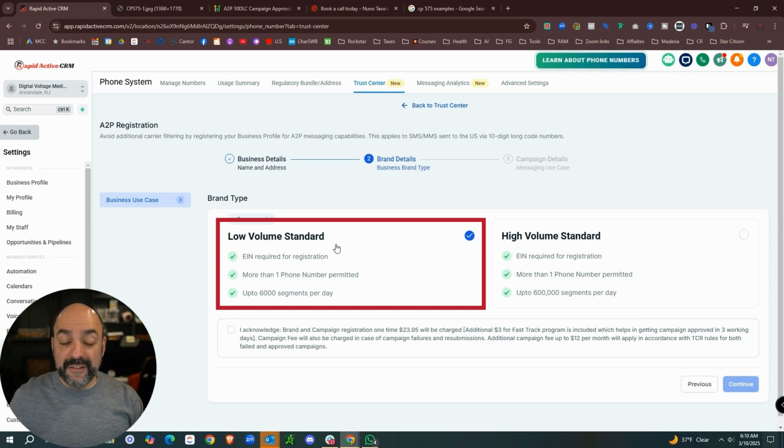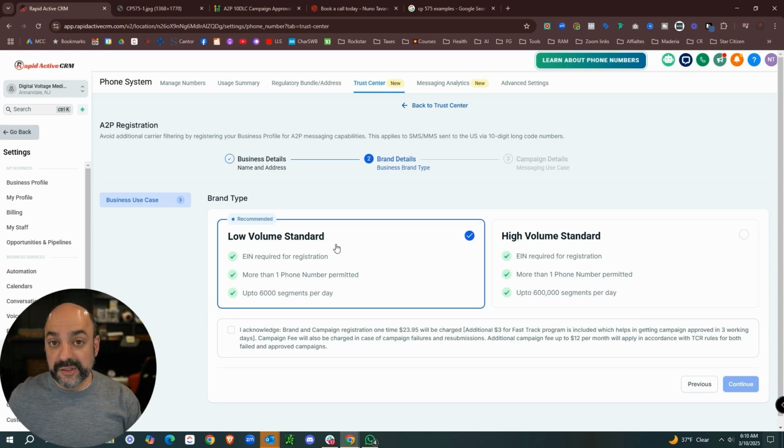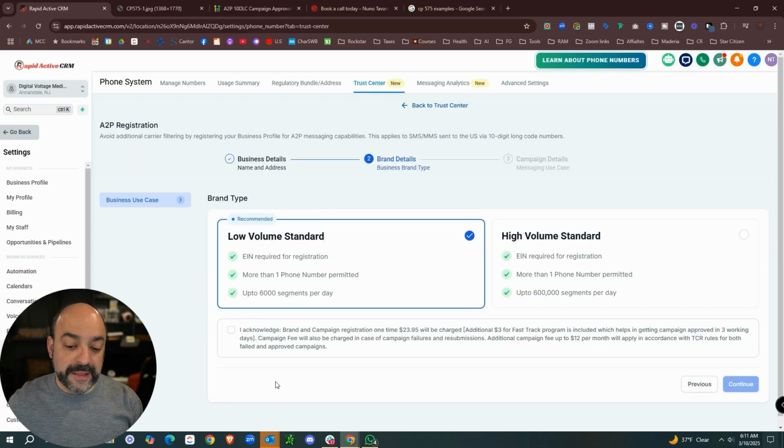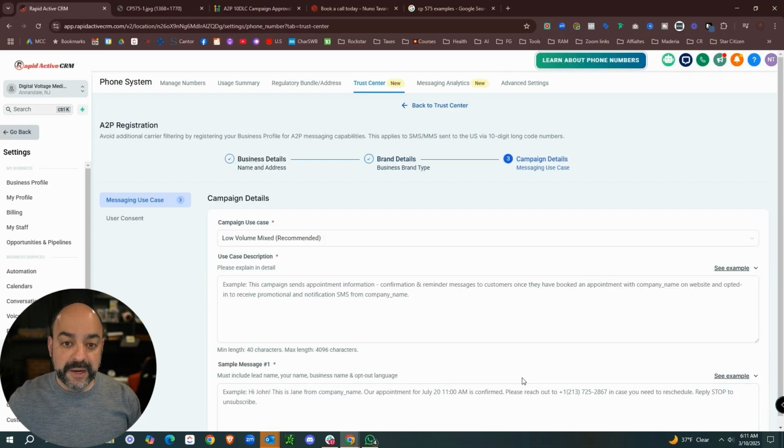Just understand that at any point in time, if you do have to upgrade to the next service and you click on high volume standard, you're going to have to re-register and go through this process again, no matter what. But honestly, if you got approved once, the re-registration process is not going to be a big deal. And by the time you get up to that level, the least of your concerns is going to be the pricing, right? So we're all going to start in here and get fully up to date. Then I'm going to acknowledge, because again, it's part of the process. I have to pay the fee, and I'm going to hit continue.